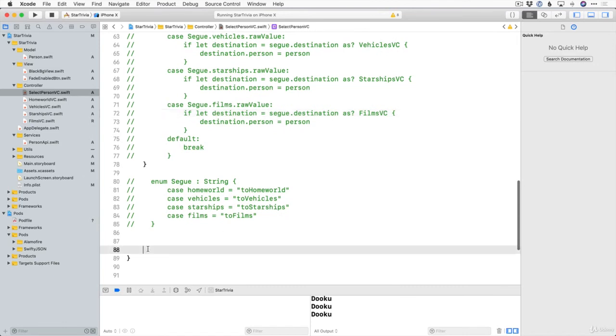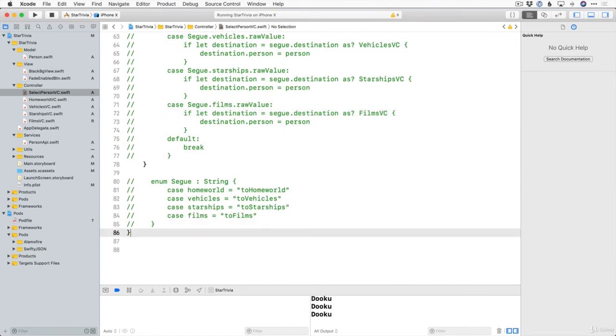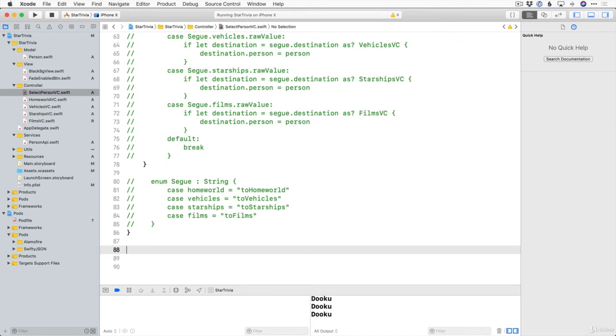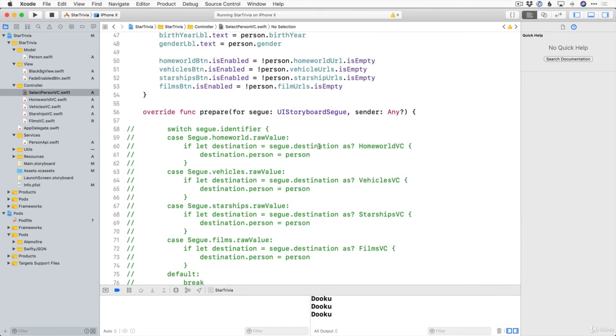So we've talked a lot about protocols and delegates, and we know that protocols are kind of like a set of instructions that you have to follow. And mostly we've been using that for methods, for functions. However, you can also use them for properties to say that whatever class is conforming to that protocol has to implement a specific property, okay? So we can make a protocol that has a person property and then have all 4 of our view controllers